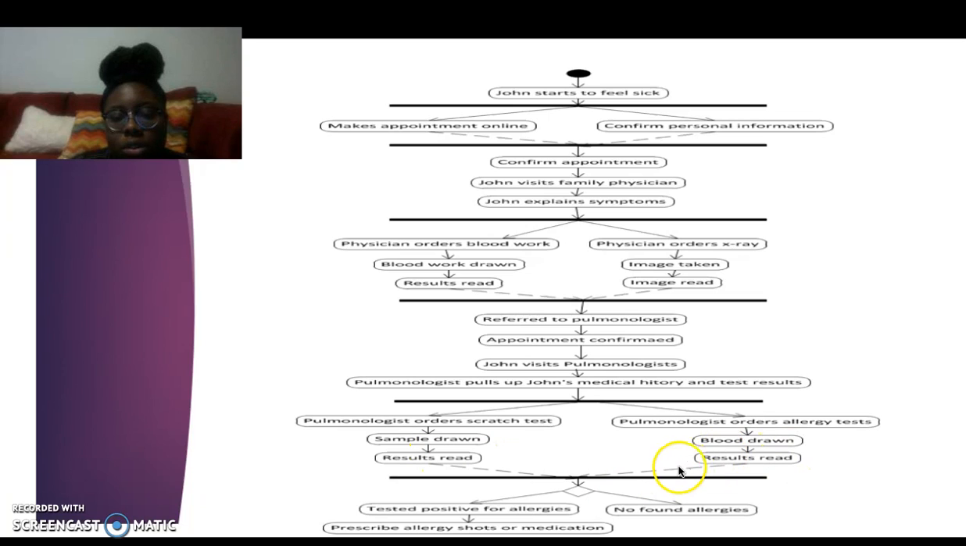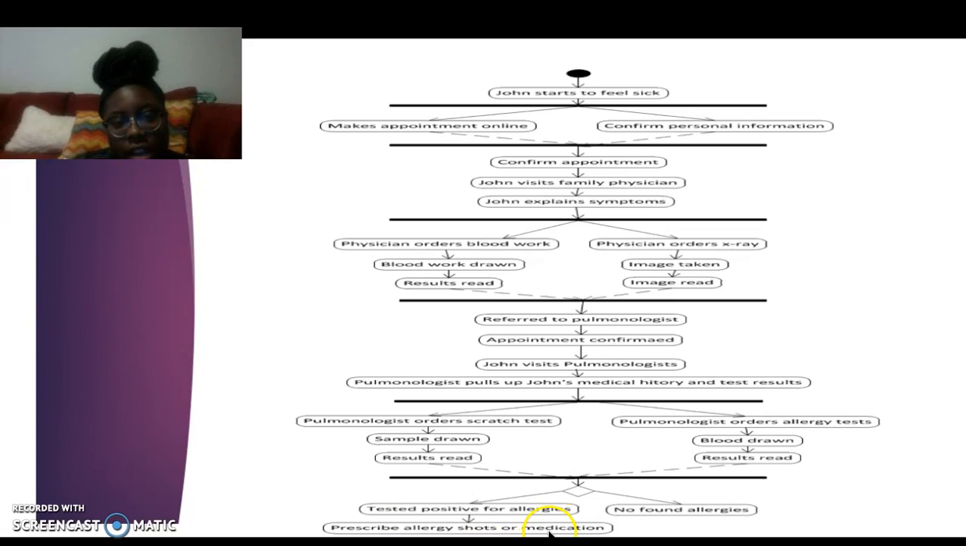And once these results are read, they could lead to a decision. So they both join to the decision. And the decision portion would be confirming that John has allergies. And he could either have tested positive on either one of the tests for allergies or no allergies found. So more than likely he tested positive for the allergies, and then that would lead into him being prescribed allergy